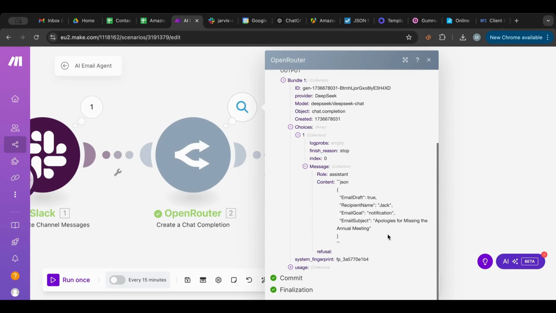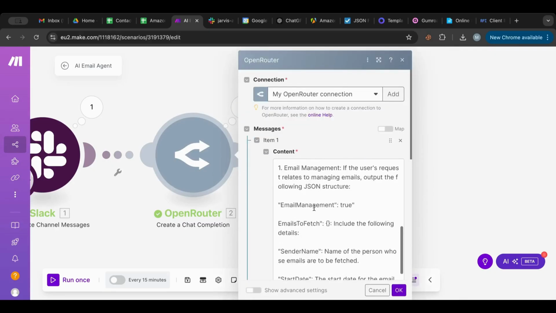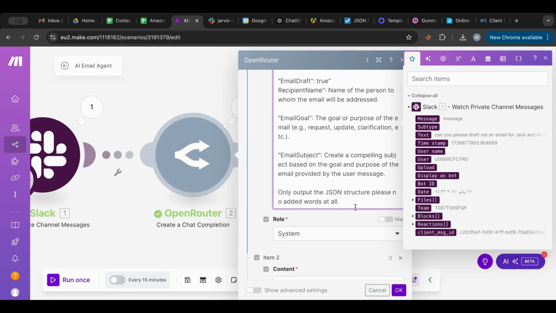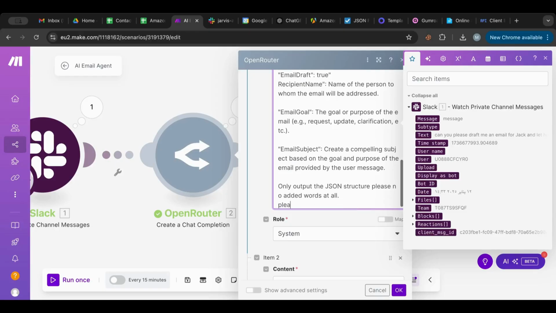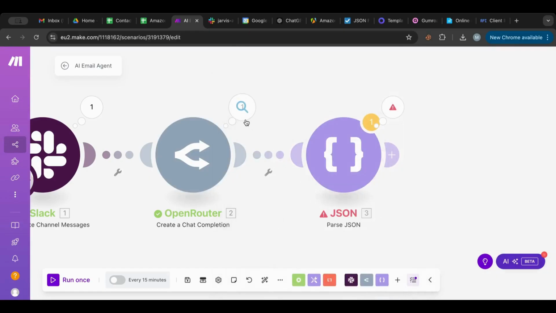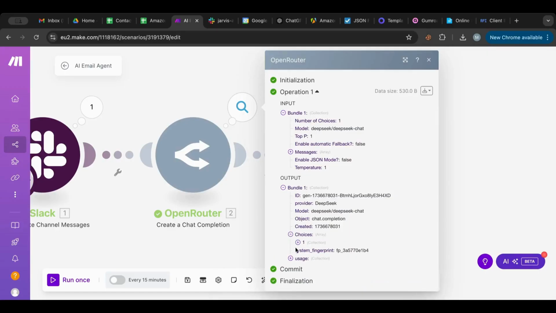So we have everything we want, but it just outputs this word. What we can do is tell it, please remove the word at the beginning. Okay, and I want to see here it